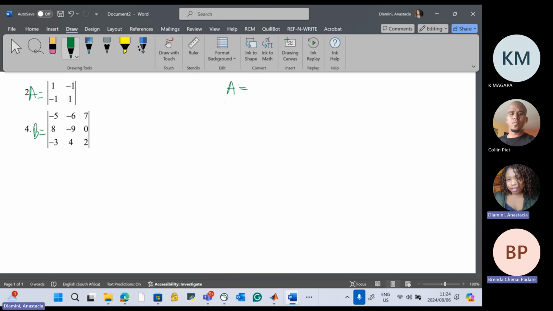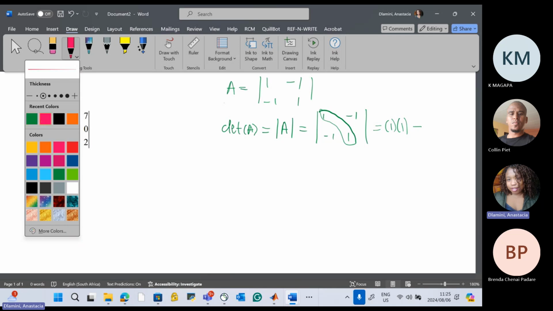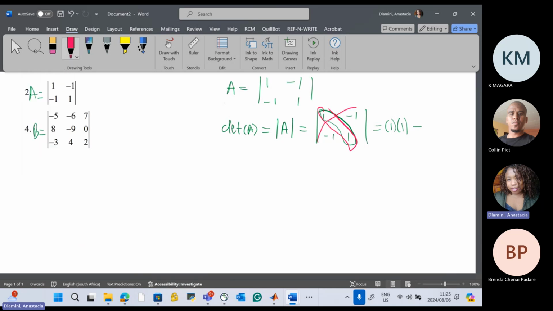Okay, now, 1, -1, -1, 1. So the determinant of A. It's 1 times 1. So we do the diagonal. So 1 times 1 minus. So we say 1 times 1, this diagonal? Yes. Minus the other diagonal times. Thank you. The off diagonal. So we do the main diagonal, which is this one, and then we say minus this one. -1 times -1. So this is equal to 1,